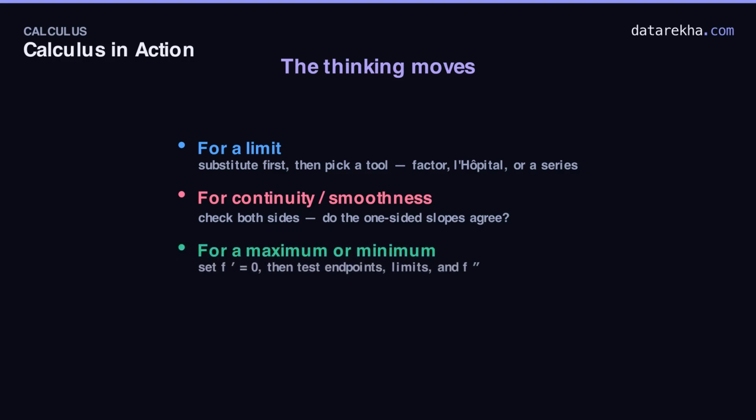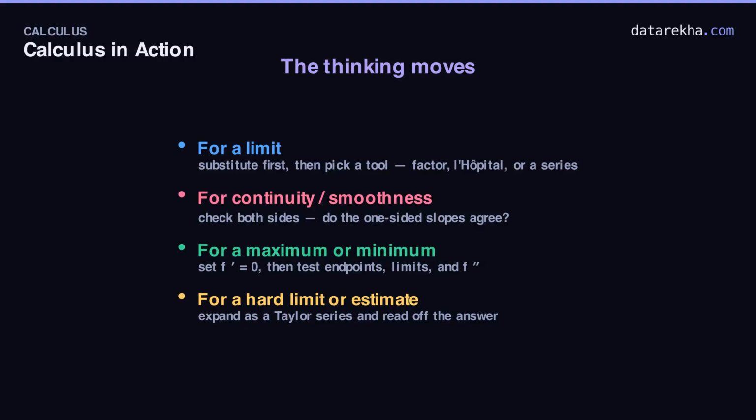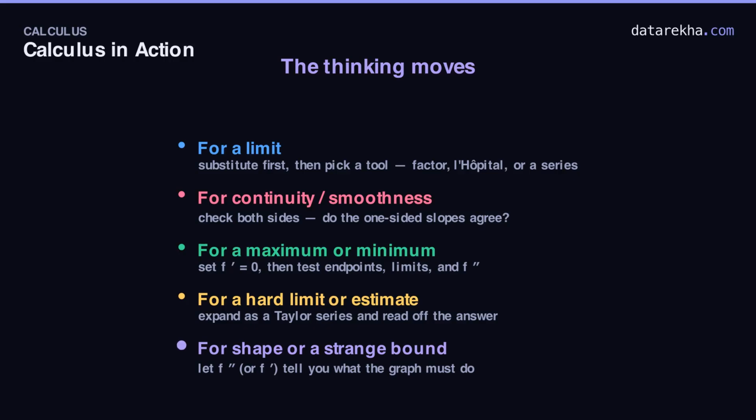For a maximum or minimum, set the derivative to 0 for the candidates. Then never forget to test the endpoints and the second derivative before you commit. For a hard limit or a by-hand estimate, reach for a Taylor series. It turned a triple L'Hopital limit into a one-liner and a cube root into mental arithmetic. And for shape or a strange inequality, let the derivative speak. A squared bound forced a constant. The second derivative decides every dome and bowl. Master these 5 reflexes, and calculus stops being a pile of rules. It becomes a way of seeing,